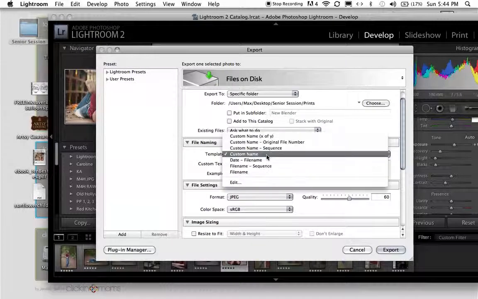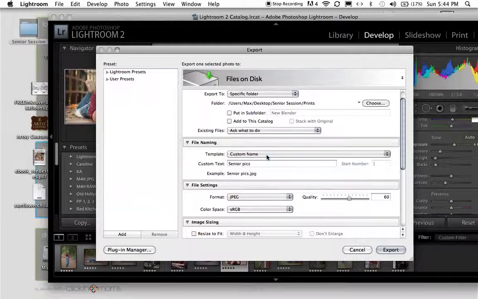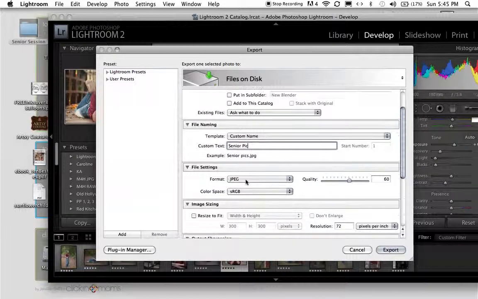We're going to custom name it. So this might be checked with something else. You want to make sure it says custom name, and then whatever you want to name it. You can name it whatever her first name or whatever the last name is. I'm just going to call it Senior Pic. Okay, and I'm going to start on number 1. Okay, make sure it's on JPEG,